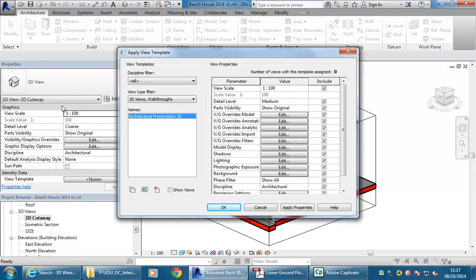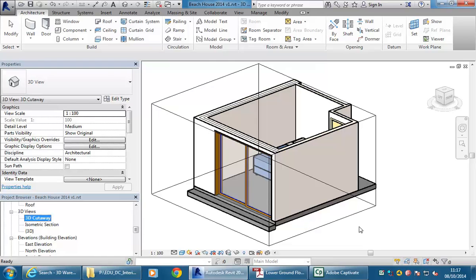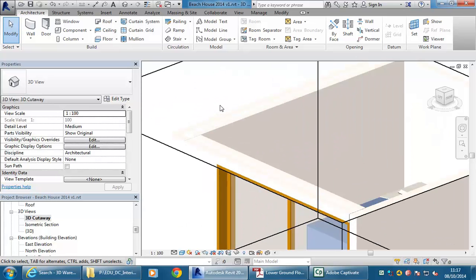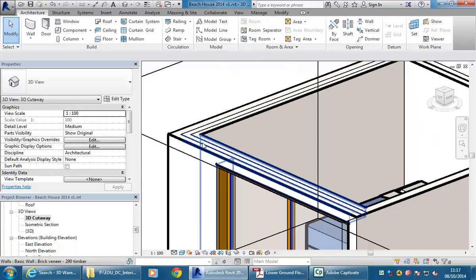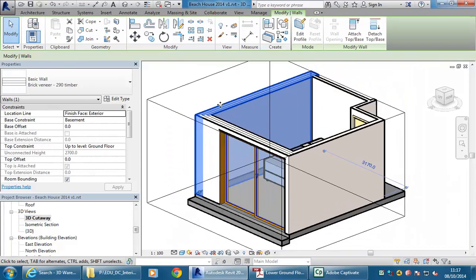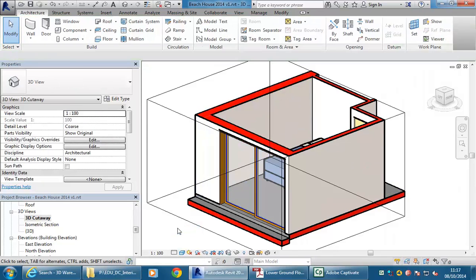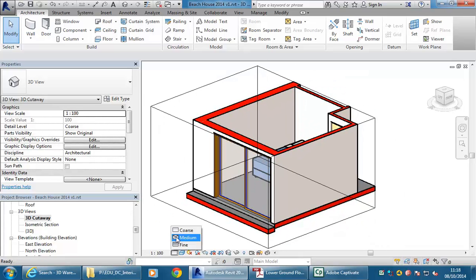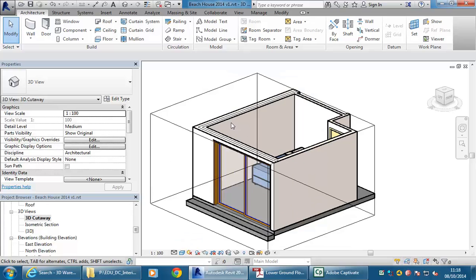So once you've chosen that, just accept the default there, which is Architectural Presentation 3D. I'll just click OK, and you'll see it's going to reset all of those view properties. Now it's showing the wall cavity there, which I don't really want to see, so I'm going to go down to the view control bar and change it back to coarse, where it's using the red cut pattern there, so let's go to medium and we'll set that in the wall